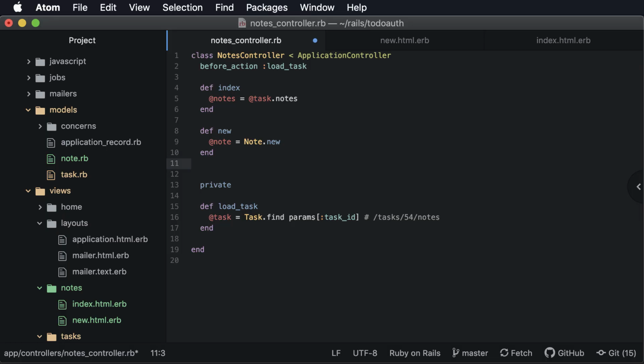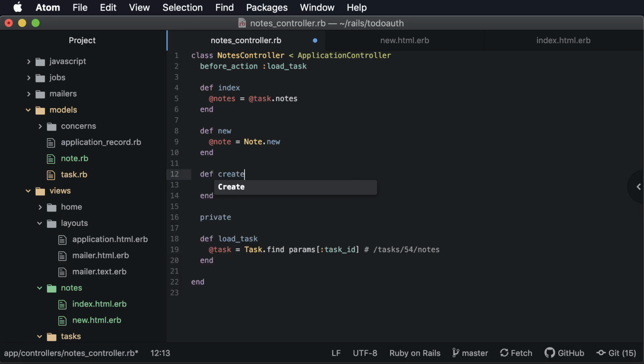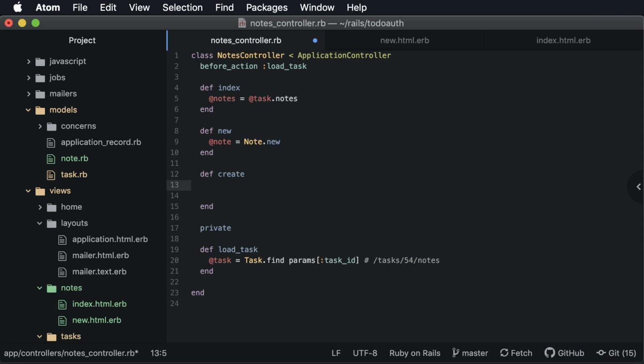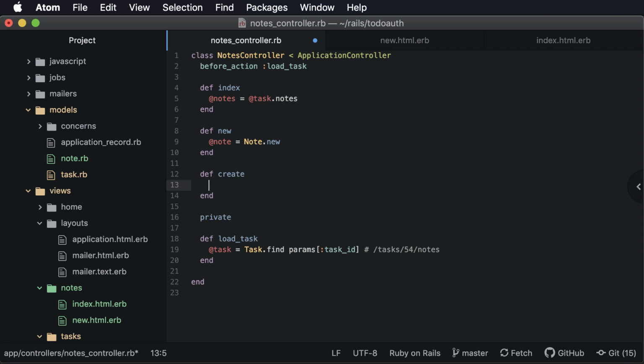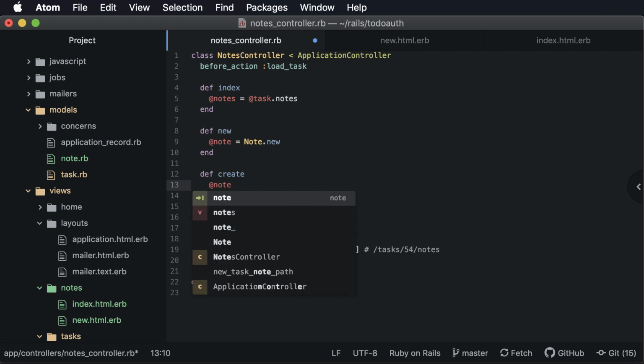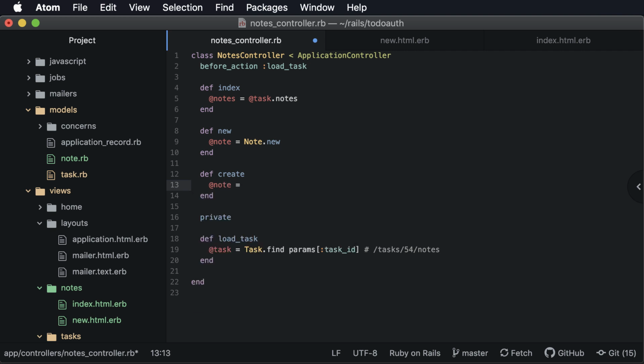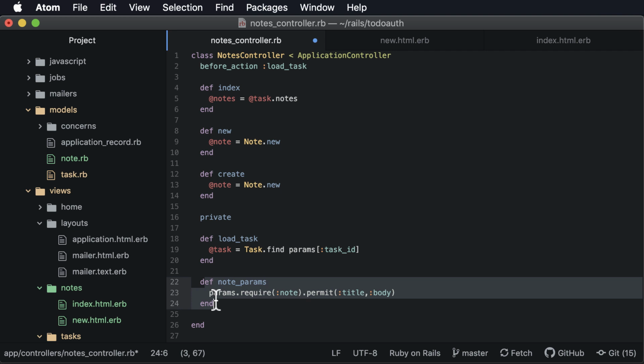So we'll add a method called create, and this is going to be a lot like the create method in the task controller. So the first thing we'll do is a note right here, equals a new note. And we need to pass in the note parameters. So once again, we have to add that down here. So creating a note params function that requires that there's a note and is going to permit us to fill in the title and the body. So if you remember, we had to do this with a task as well. And we can go ahead and say